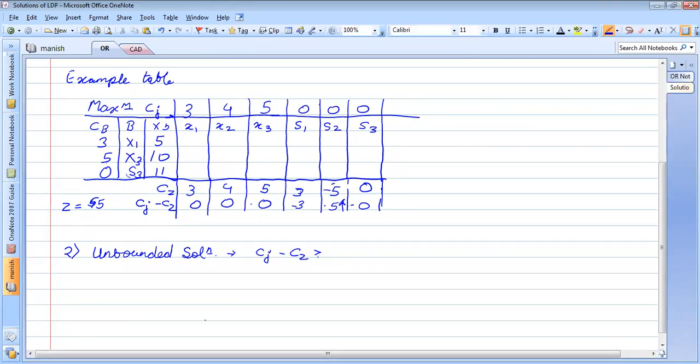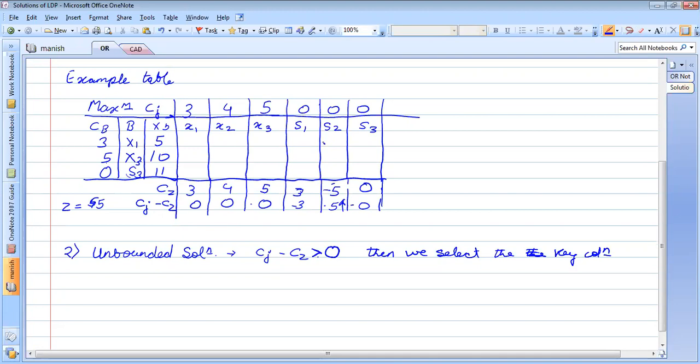What will happen if it is greater than 0? I'm not talking about minimization, I'm only talking about maximization. So if it is greater than 0, then we select the key column. We select the key column, isn't it? So we say we have selected this key column.